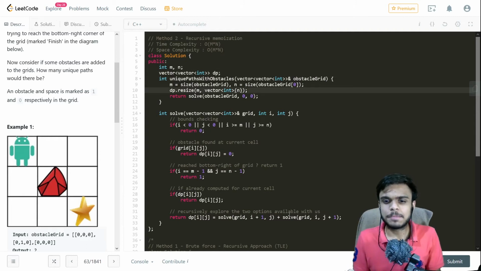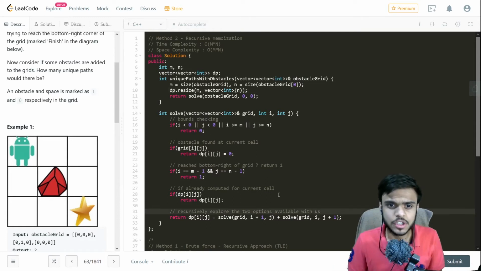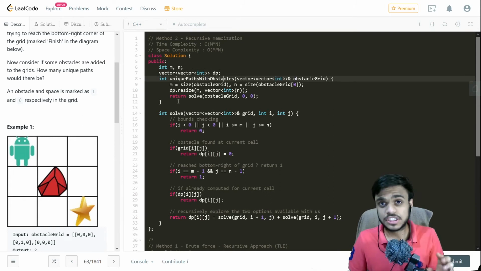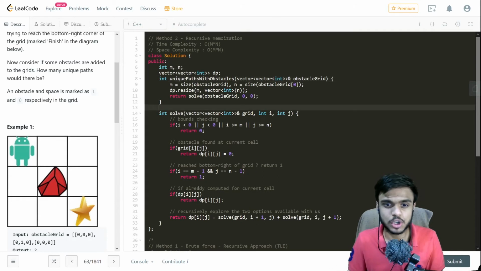Okay, so you might be seeing that almost all the code is the same. We have made a few minor changes. What we have changed here is we have created a vector of vector called DP, which is a global variable, just like rows and columns, because we will be using it in our solve function, the recursive function.